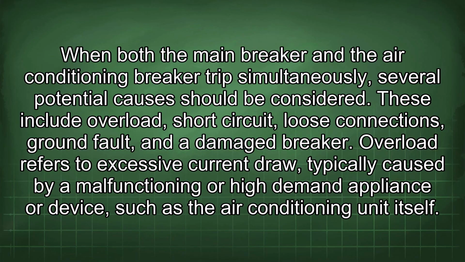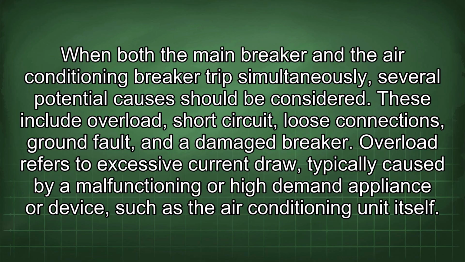When both the main breaker and the air conditioning breaker trip simultaneously, several potential causes should be considered. These include overload, short circuit, loose connections, ground fault, and a damaged breaker. Overload refers to excessive current draw, typically caused by a malfunctioning or high-demand appliance or device, such as the air